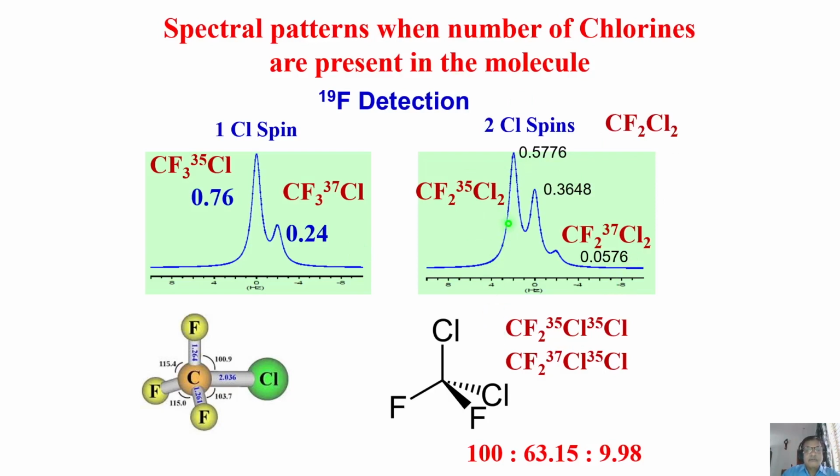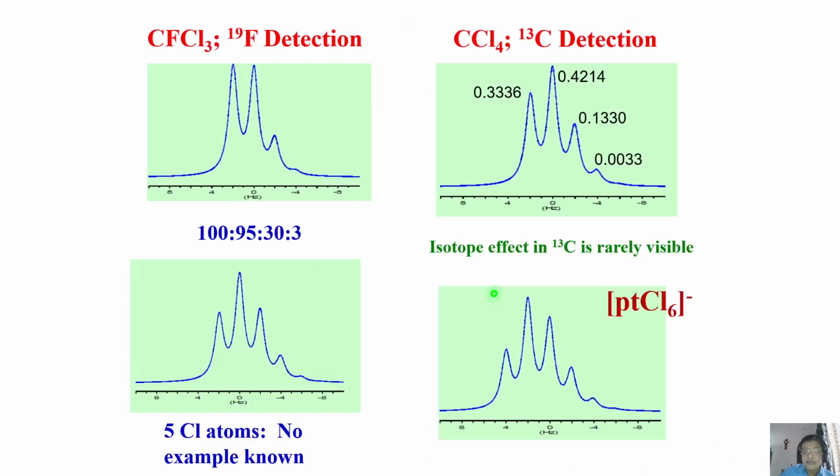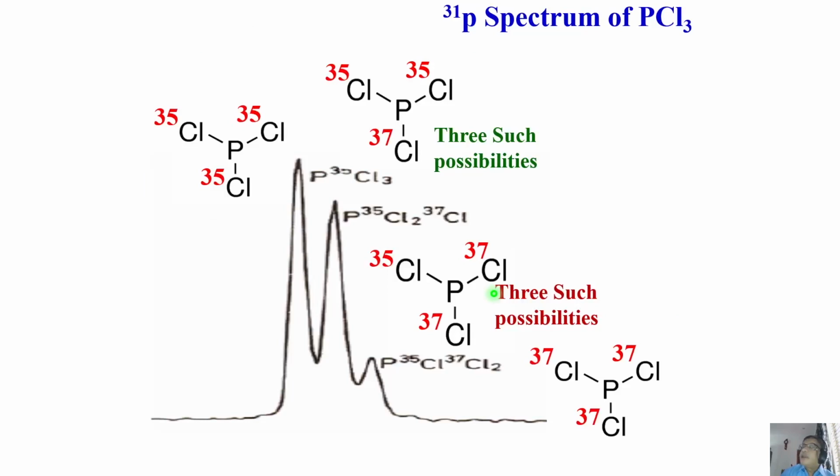You can work out. Take the possibilities in CF2Cl2 first: all are 35. In this case, all are 37. In this case, 1 35 and 1 37. And so all these things you find out. Can you find out the ratio of the populations? You can get the intensities easily. Now you don't have to worry. The intensity you get experimentally, you can theoretically calculate simply by looking at population distributions, how statistically they are distributed. Okay. So this is what I wanted to tell you.